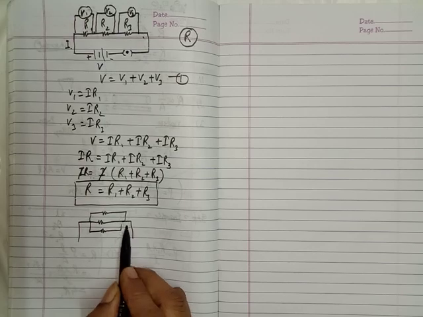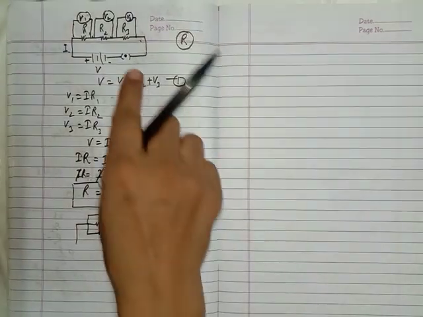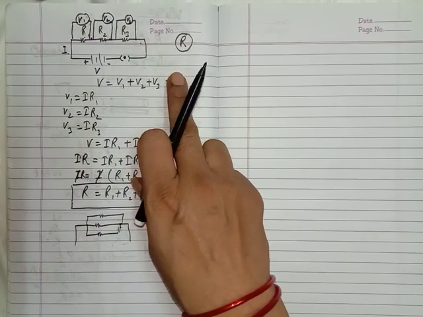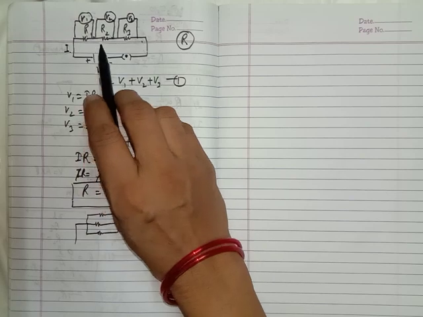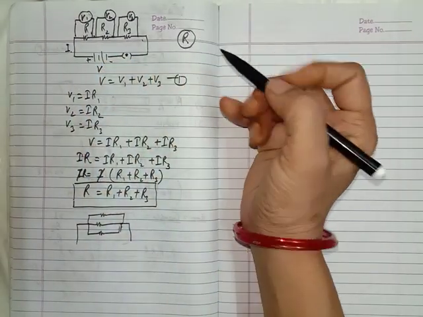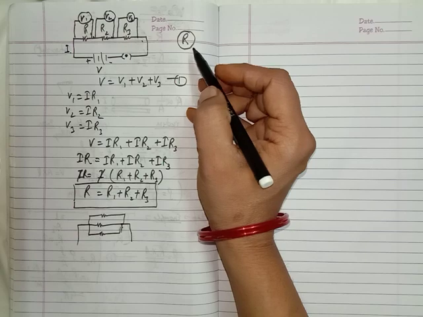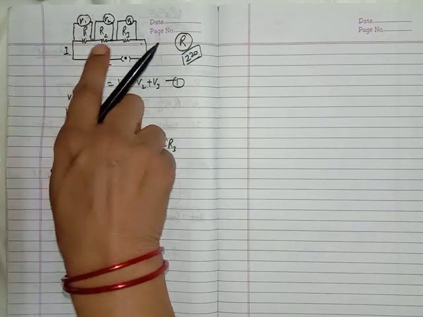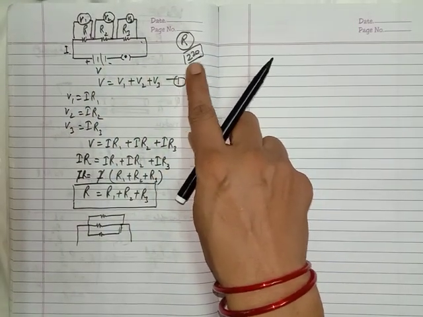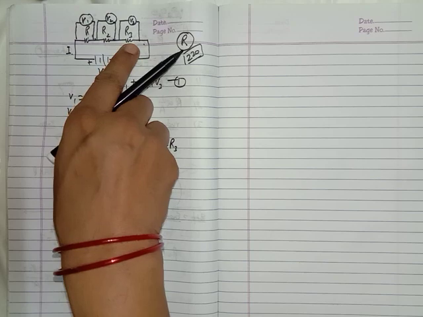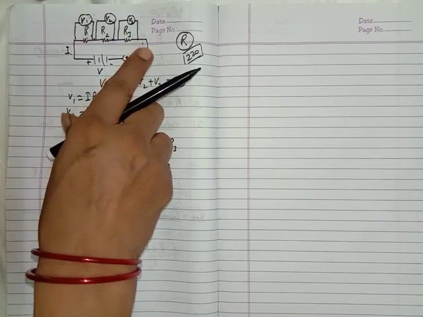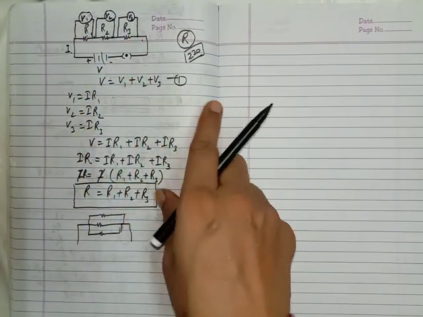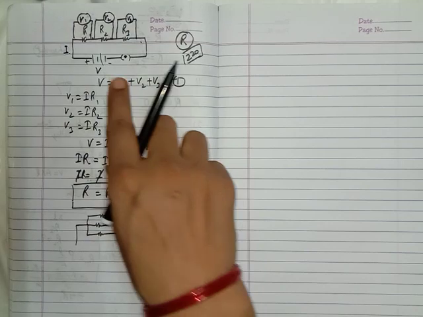We should not use the series combination in our homes. Actually, we don't use the series combination in our homes. Why don't we use it? Because in a series combination, the potential difference is going to be divided. In our homes, the potential difference is 220 volt. If we connect all the appliances in a series combination, this 220 volt potential difference is going to be divided among all these appliances. So we don't use the series combination here. Also, the resistance of the circuit keeps increasing.